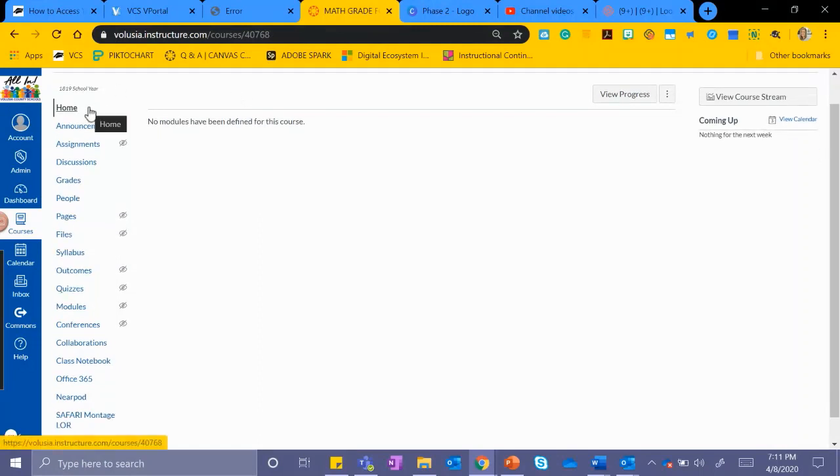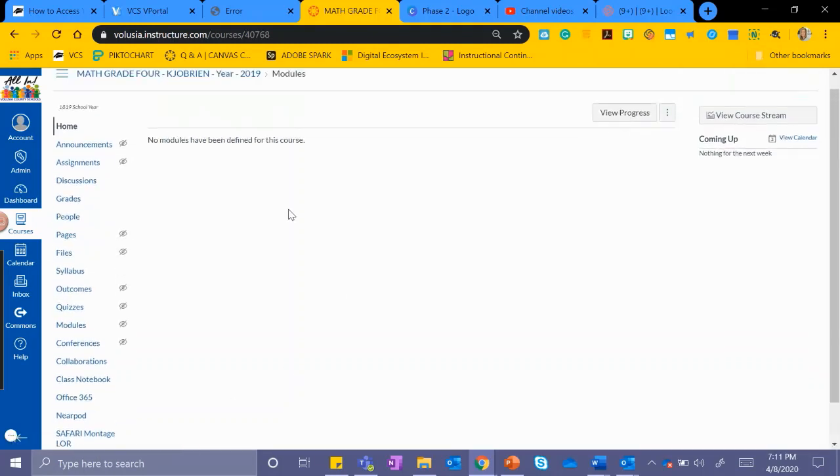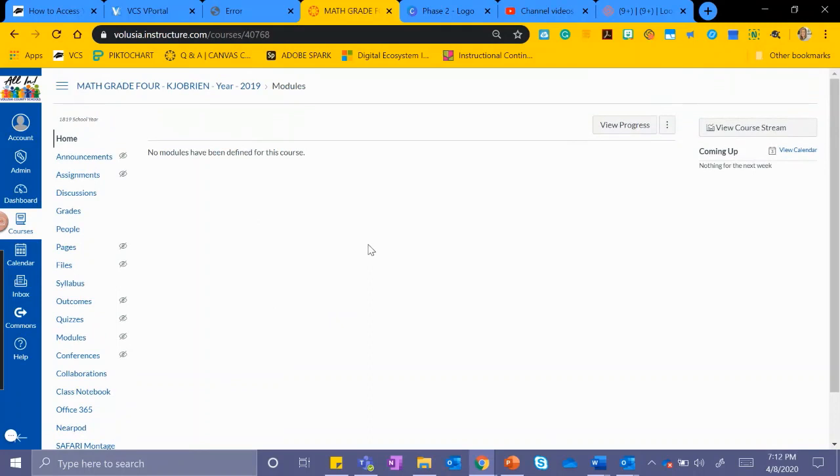From here, we have the home, then you have the navigation menu that is inside all Canvas courses. You can view announcements, assignments, discussions. You can also go in and view grades. You have access to view people inside the course, so you can view alphas, email addresses, and students who are listed inside the course. You can see quizzes, the course settings, etc. So once you're inside the course, you have access to view what is going on. Again, this is a nice way to help troubleshoot, support the teachers in progress monitoring, and identify if anything needs to take place. If we go back,